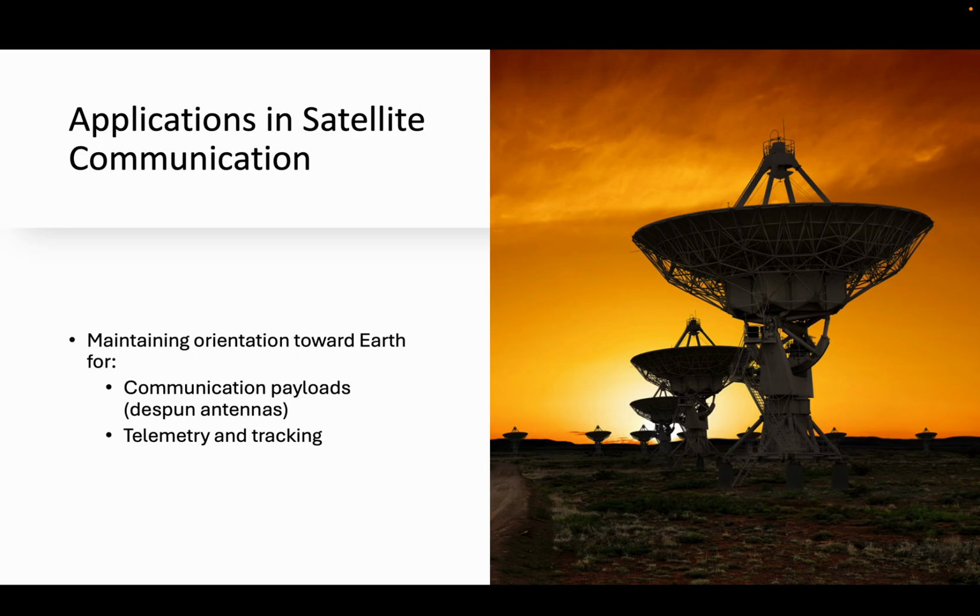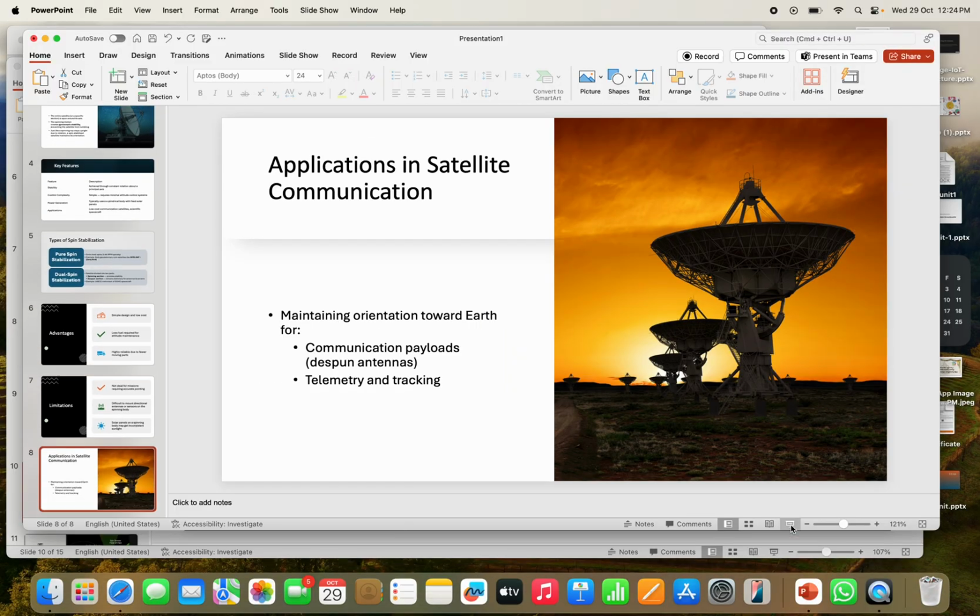And applications are in communication, maintaining orientation towards the earth. Why do we need the correct position of the antenna? Because we need proper communication between the earth segment and the satellite. If the position of the antenna changes, then there will be a problem in the communication link. So for that we need to maintain a proper communication link and proper telemetry and tracking. For that particular purpose also we need